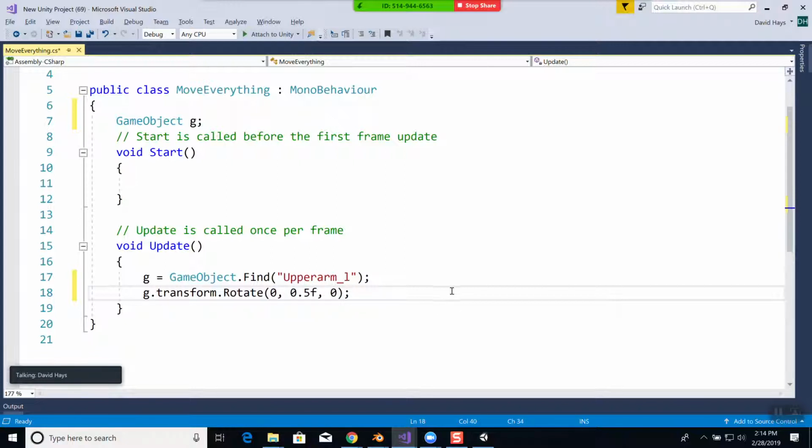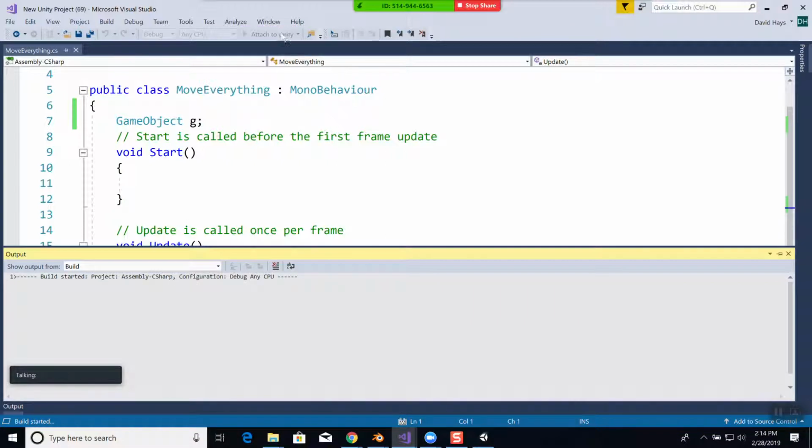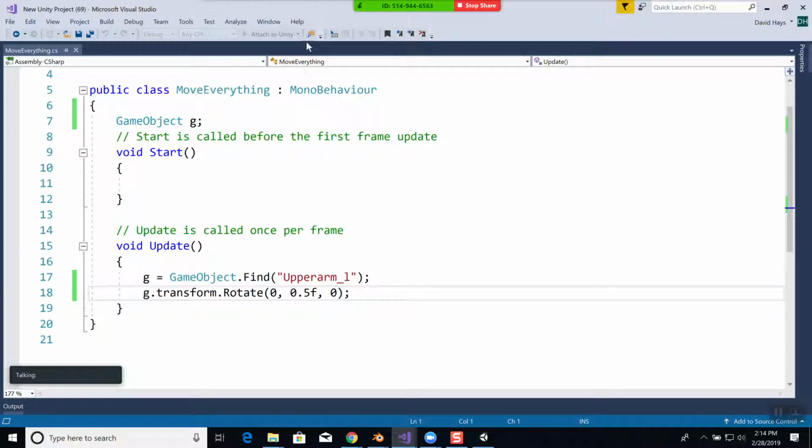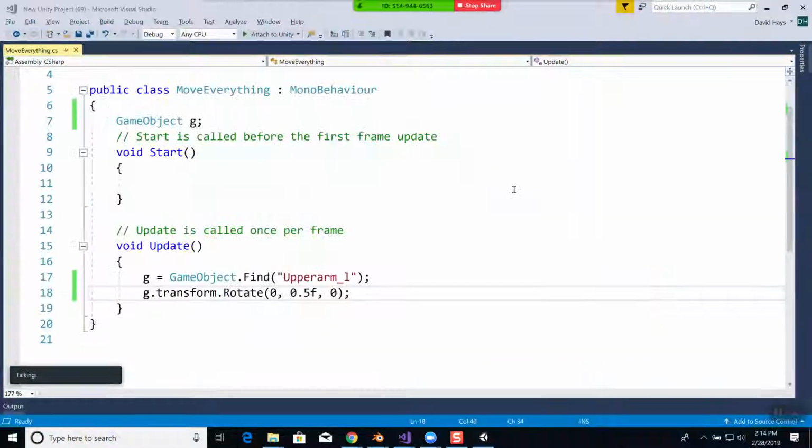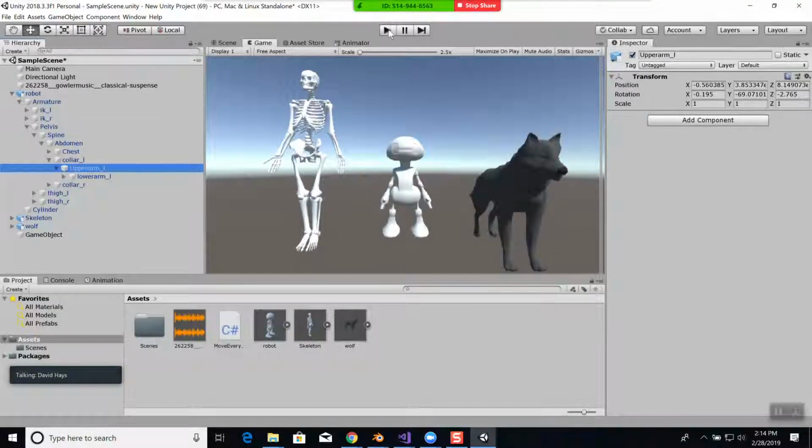This is going to be based upon the frame rate with that kind of setup. And now if I attach that to Unity, and I run this,